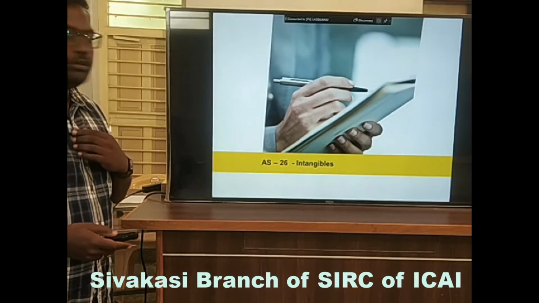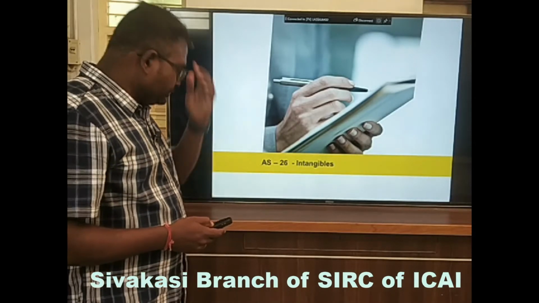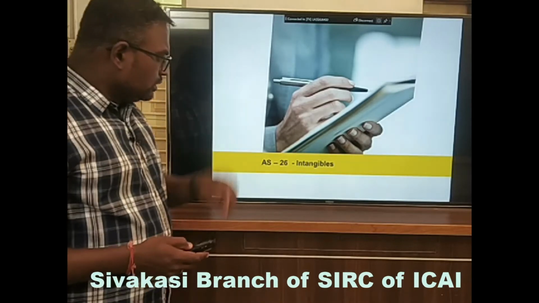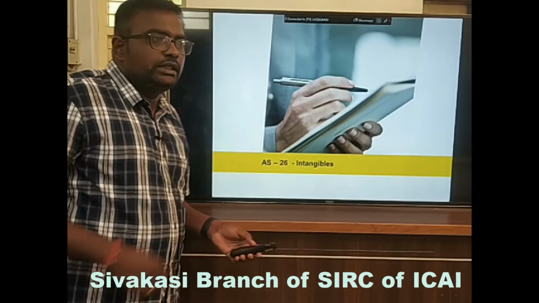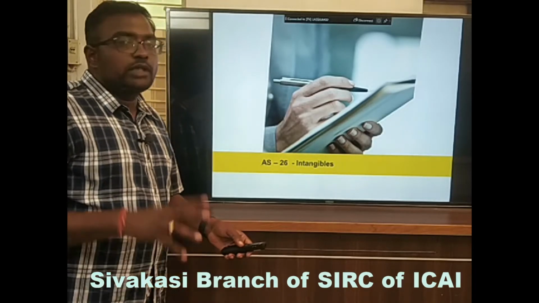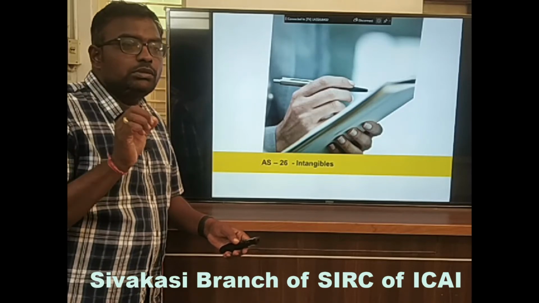So that's all from the discontinuing operations. And AS 26, intangible assets. So what do you mean by intangible assets? Basically the funda from this standard is how to recognize, how to identify an asset as an intangible asset, what